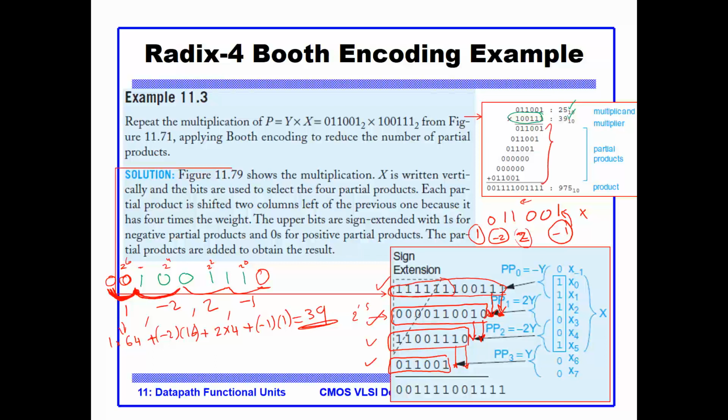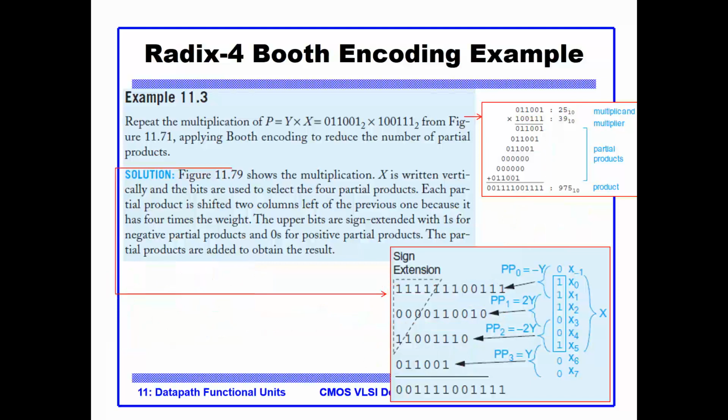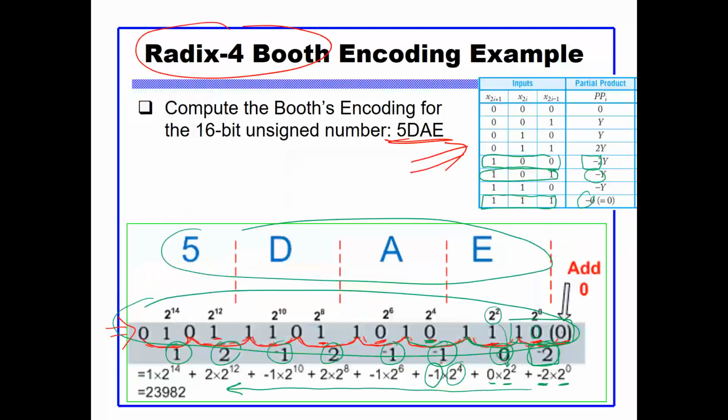Supposedly I should get n over 2 rows, but certainly this is when I use numbers like 8 bits multiplied by 8 bits, or 16 bits multiplied by 16 bits. But since I'm using 6 bits, I'm not getting the best number of rows here. But for example, look at the number here. How many digits do I have? I have 1 digit, 2, 3, 4, 5, 6, 7, 8